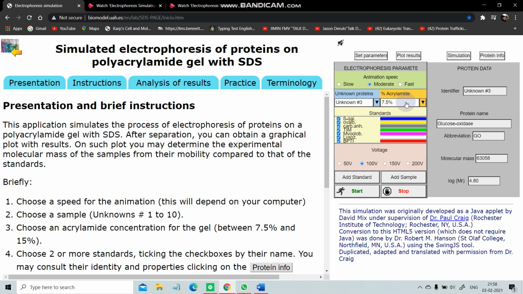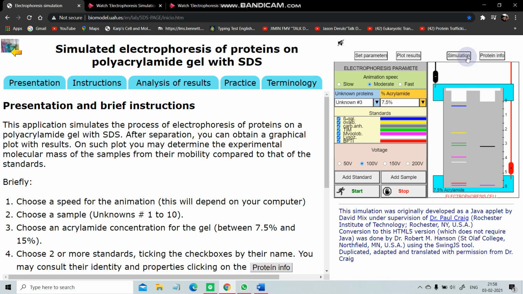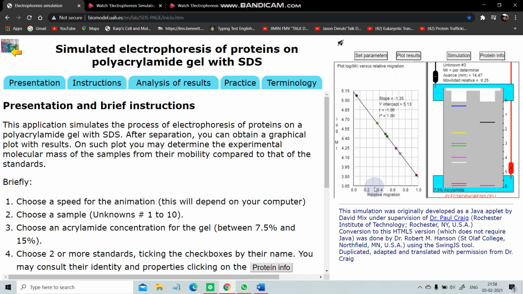and obviously the concentration of acrylamide will be the same, 7.5. Then we will go to stimulator, add standard, add sample, then click on the start button. And as usual, when the bands reach the end point, I'll stop it. So I stopped it, and I am getting my relative migration to be 0.25. I'll plot this, and it corresponds and gives a value around